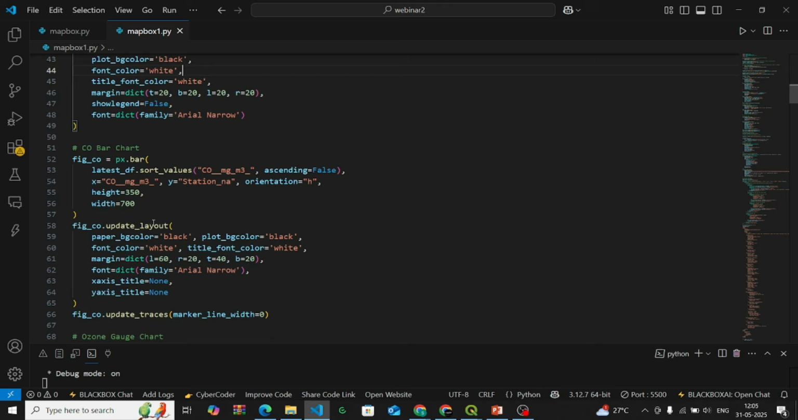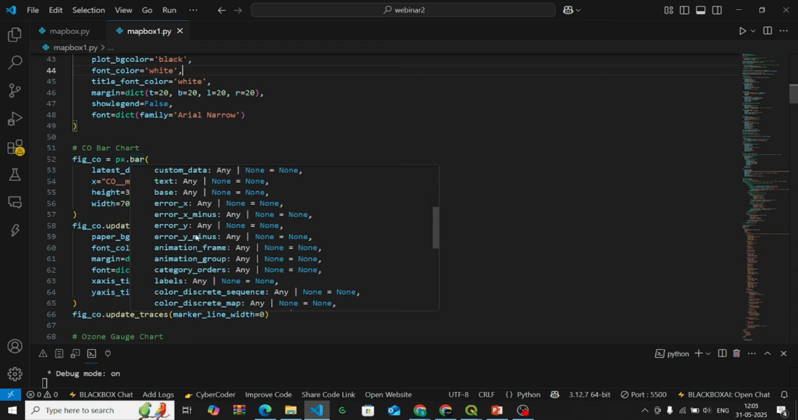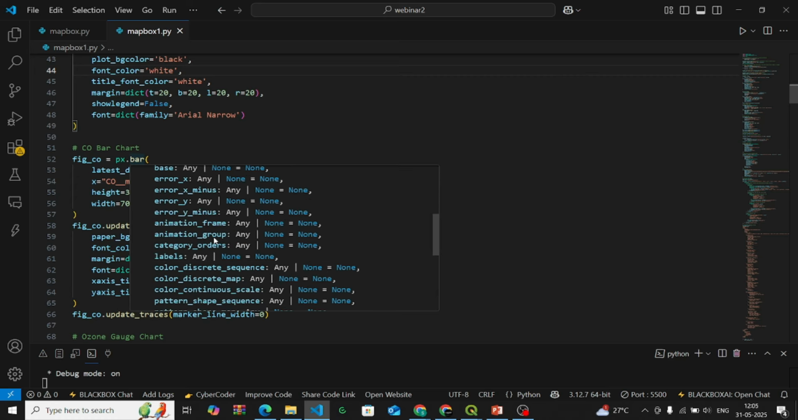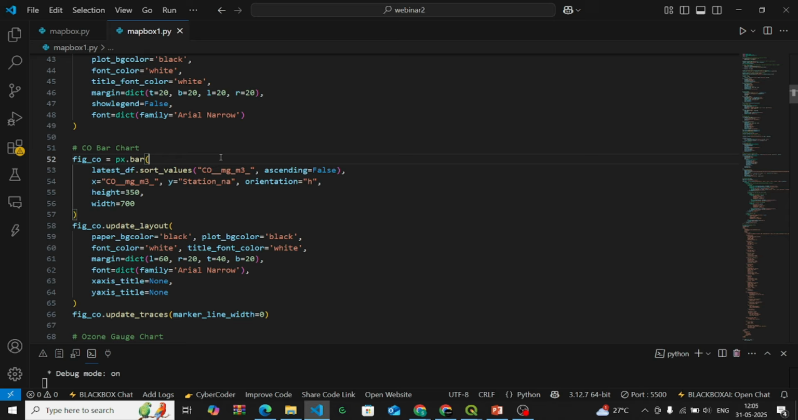In the CO bar chart, as I've told you, there is a Plotly Express inbuilt function, px.bar. The bar function already has predefined code within it. So we just have this bar function, where x, y values can be given, color, pattern, shape. When you hover on this function, you'll get all the information about it. So you can explore it. For now